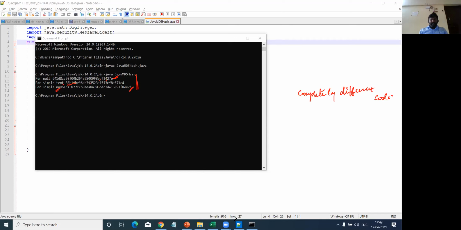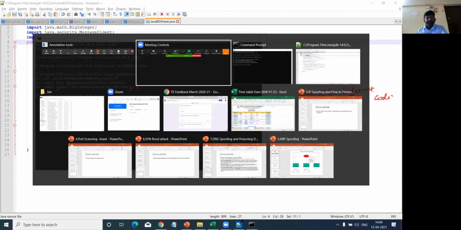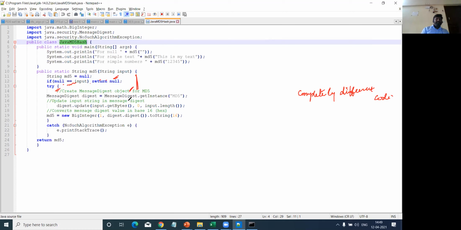Now we'll understand the program. I hope the program screen is visible. Now the first step is the declaration of the packages, importing the packages, right?